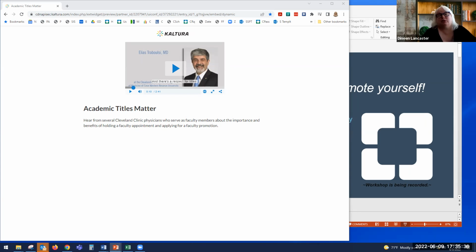You'd be better positioned to apply for grants. A lot of times, if you don't have a faculty appointment, it's very hard to get a grant. They want to see that you're with an academic institution. You can get more involved in academic medicine and policy. Our own Dr. Kaboo has a professorship with us, and she's gone on now and is working with CASE as well. So there's a lot of possibilities to move academic medicine forward by being involved. And there's more professional benefits than that.